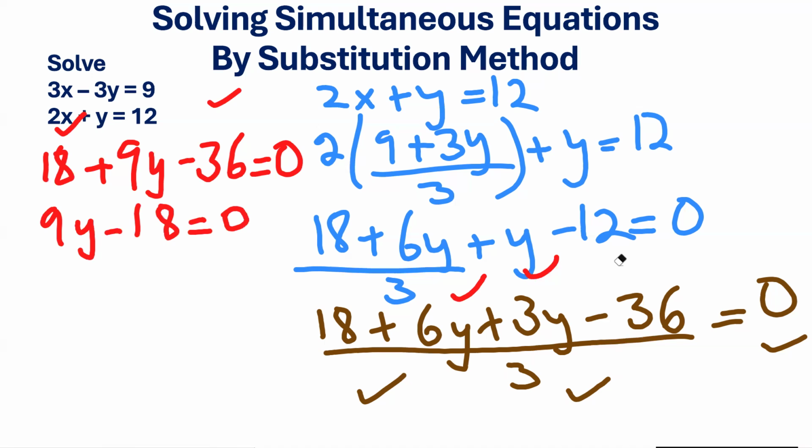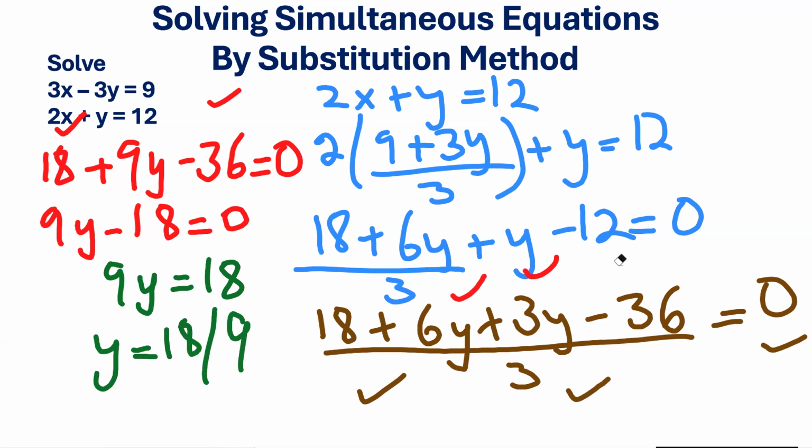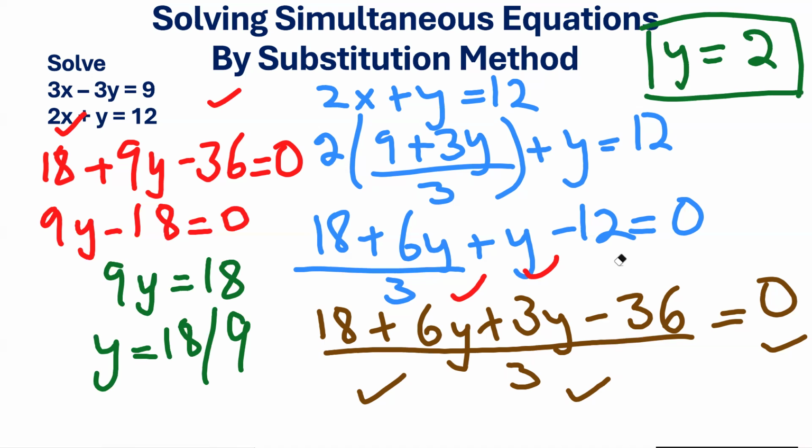From here, you can get the value of y. 9y is equal to 18. y is equal to 18 divided by 9. y is equal to, 9 2s are 18. y is equal to 2. This is the value of y. Now you can substitute y equals 2 in equation number 1 or equation number 2